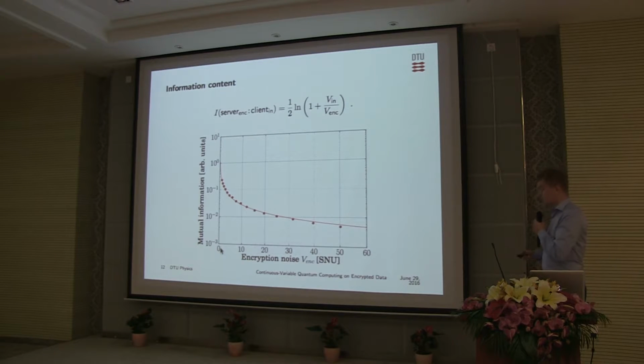Okay. So going back to the efficiency of decryption, as I said, you want as big as possible amount of modulation to confuse the server, to obfuscate what your input is. So say you have some family of input states, and you have a Gaussian distribution of modulations to obfuscate your inputs. Then the classical information between the client and the server is something like this. So obviously you want this to be huge. But then there are some technical limitations to why you can't keep increasing this indefinitely.